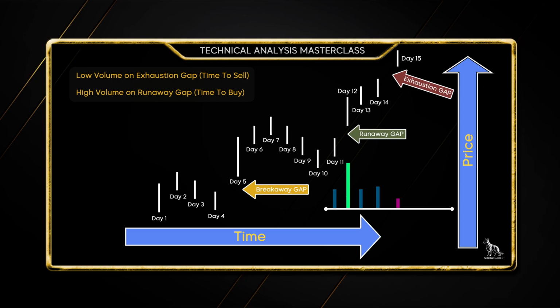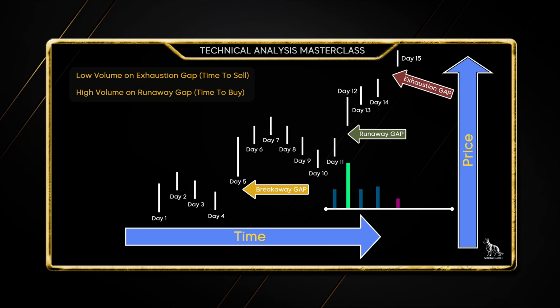Again, that's an indicator that in this example there are fewer buyers out there. There's a couple of last ones who are willing to pay these premium prices, but it's really running out of steam and becoming exhausted. There's far less interest in the name. So that means the party's over, so to speak. And so you're now going to have some overlap. You're potentially going to start moving sideways in that security, or maybe even start to reverse and form a downtrend.